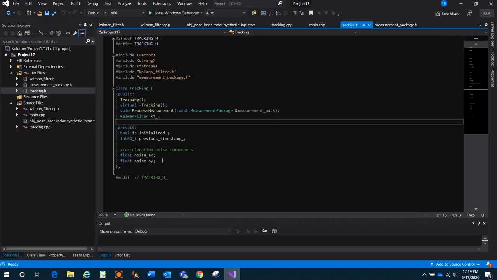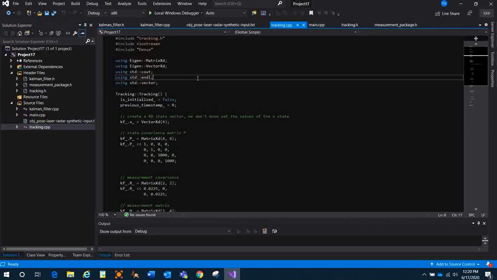And here we have the noise, the acceleration noise. You remember in the formula we have the a_x and a_y, the noise. And we define the Kalman filter KF here. We use this class to help us solve the problem. And what does the tracking CPP file look like? So in the tracking CPP file, you see,